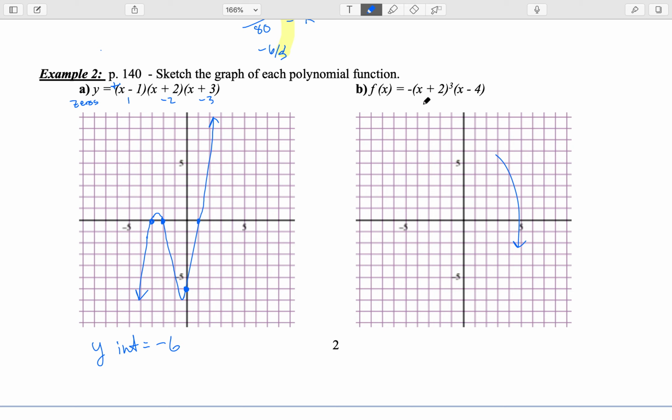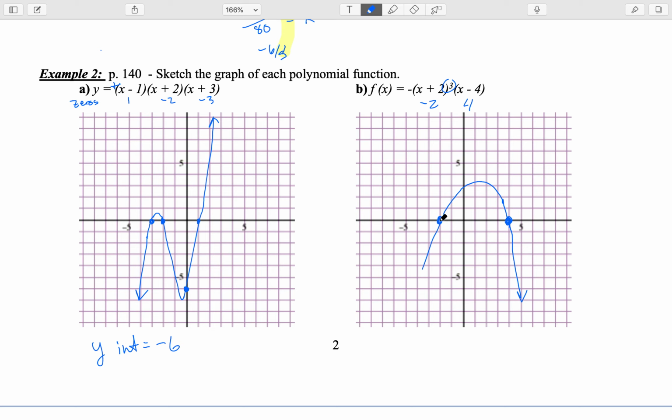Okay, what about this one? This one has a 0 at negative 2, and it's a triple, and it also is positive 4. So let's put in my roots. I know it hits at positive 4. It's a single root, and it's going to hit at negative 2, and this is a triple root. Whoa, multiplicity of 3. This thing ends up going negative, going down to infinity. So I know it's a multiplicity of 1, so it's just going to cross over. And then it's going to do that. That doesn't look right, because I do know it has to go from positive to negative, but no,